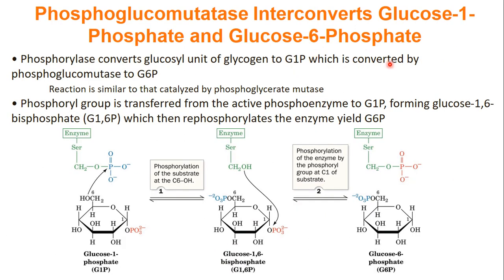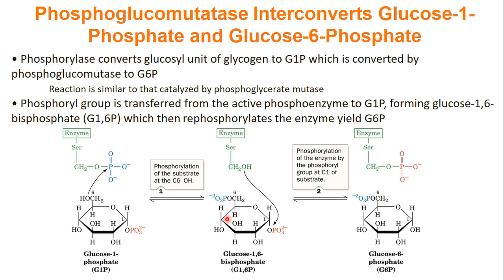Alright, so our third enzyme is taking all the G1P that we made and converting it into glucose 6-phosphate, which we need for glycolysis. This is done by phosphoglucomutase. And this is similar to a reaction catalyzed by phosphoglycerate mutase. So we just have a mutation reaction. What's actually happening here is we have our enzyme, and our enzyme has a phosphate on serine. And we take our glucose 1-phosphate, and carbon 6 takes the phosphate from serine. Once we have that, we make glucose 1,6